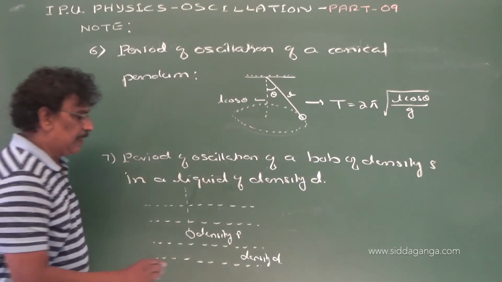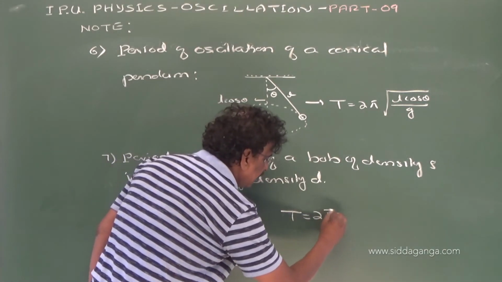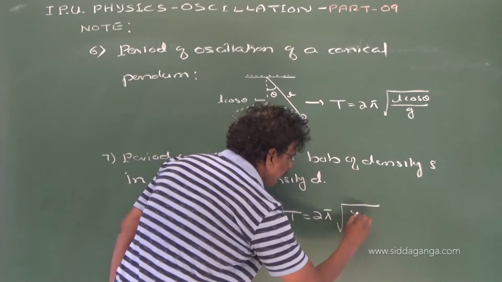Then the period of oscillation is given by T is equal to 2 pi into square root of